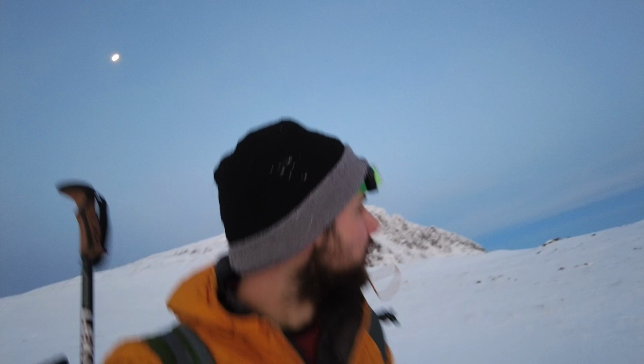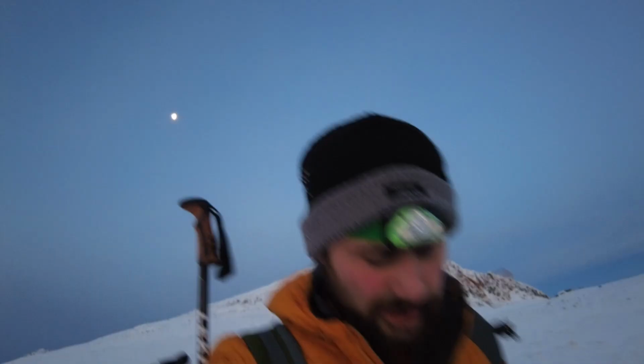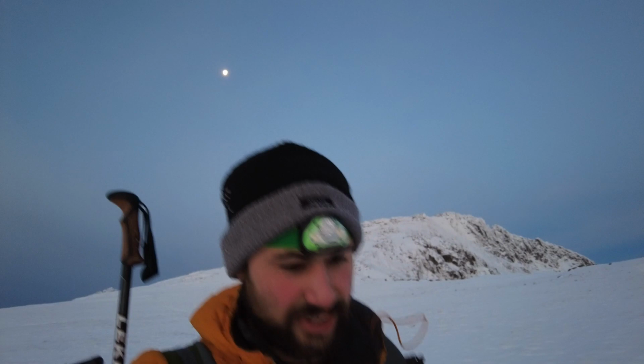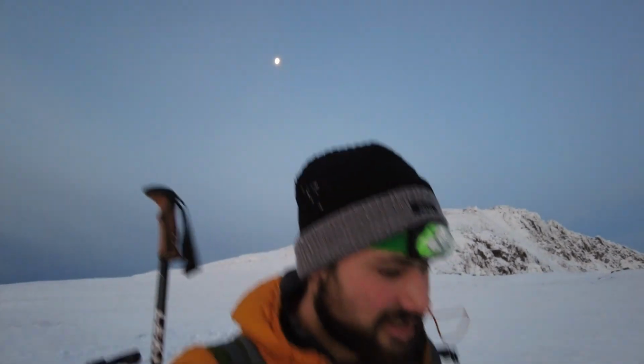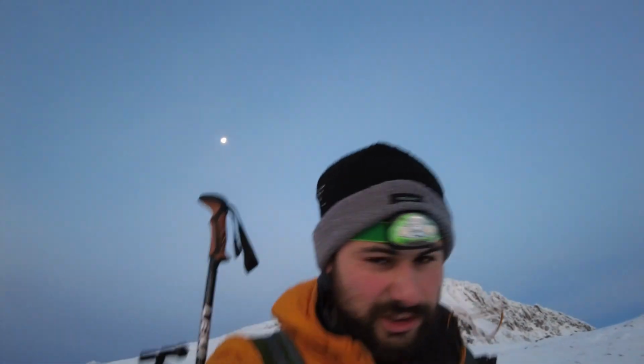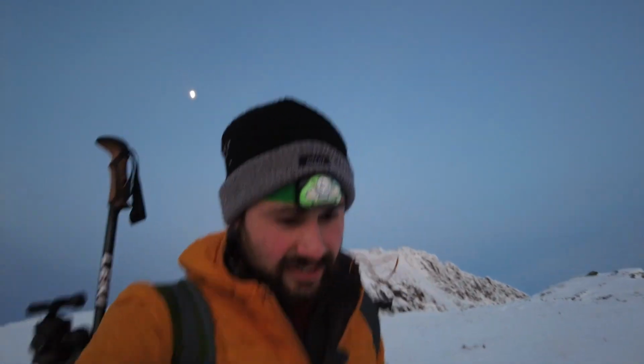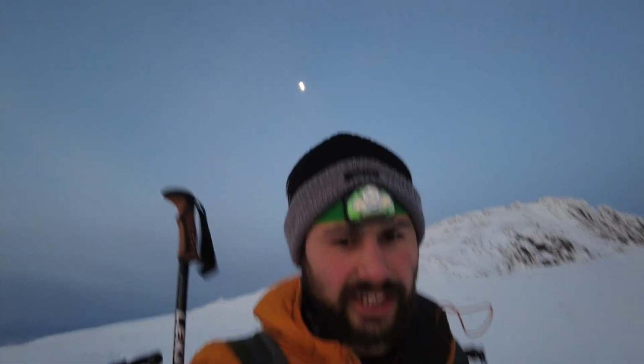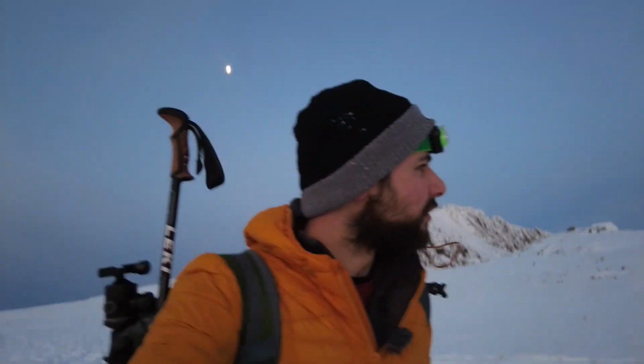We've got to the top. I've been to the top of here 3 or 4 times. It's kind of the bulk between the Glyders and Foel Goch, and it's so windy. It blows an absolute hoolie up here, especially in the winter months. But we've come up here, it's so calm, not a breath of wind, and because there's no wind, I feel relatively warm. Just going to head down to Llyn Caseg Fraith now, where the lake's completely frozen over,